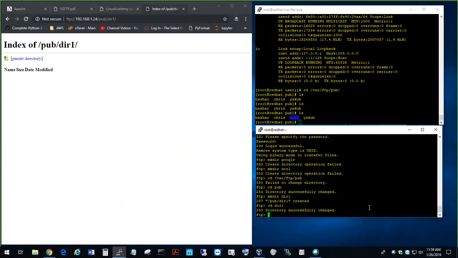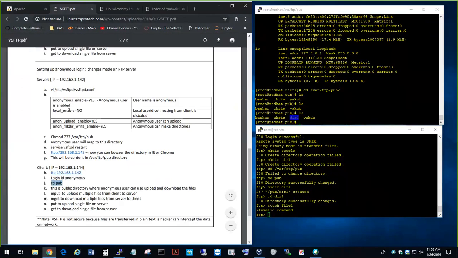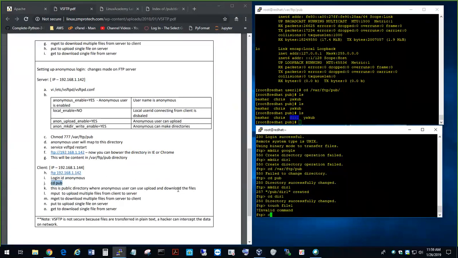Okay, then let's see if you're able to touch file one. What is the permission? Anonymous upload. Okay, so anonymous is not able to create the files, but anonymous is able to upload and download the files here. Okay, so let me go back here,